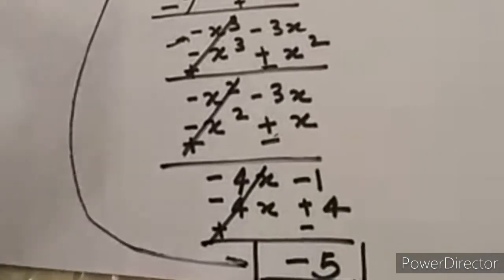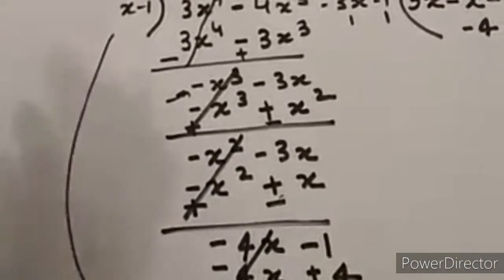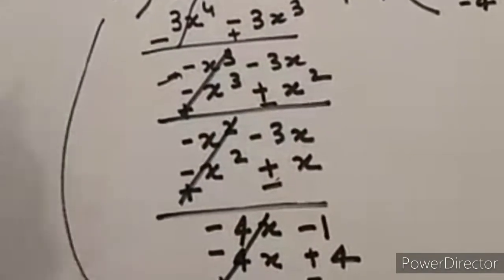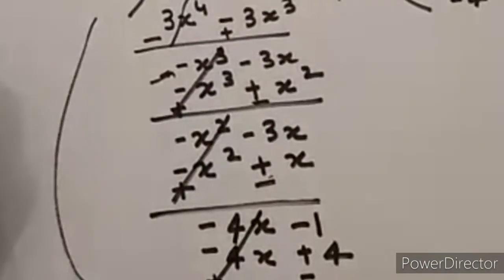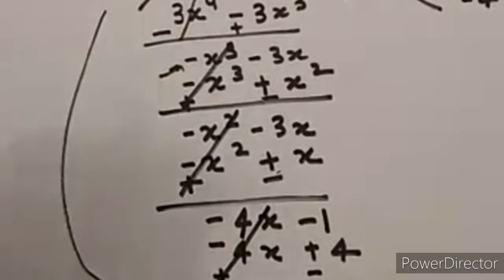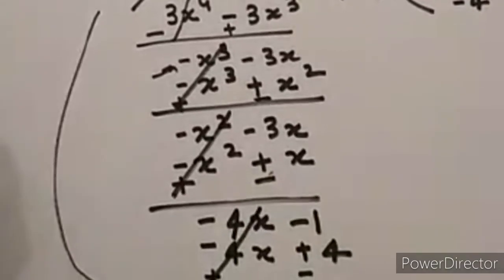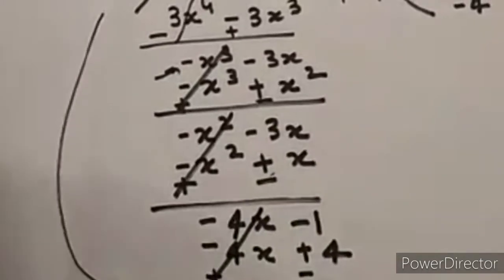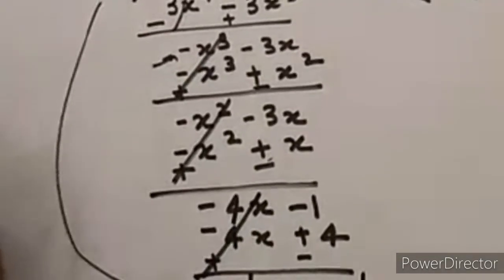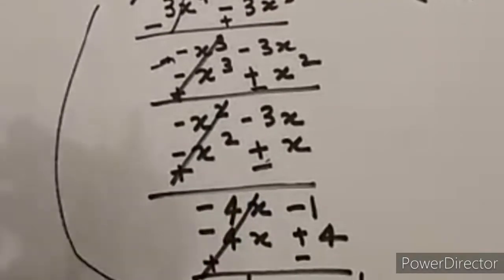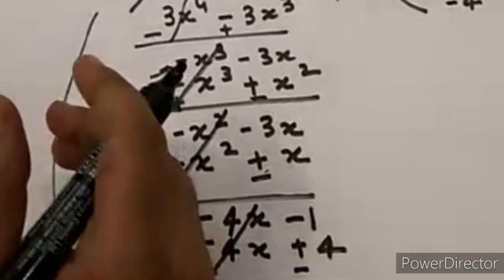Okay, so this is the method which is quite similar to the division of a given number, which we are using for finding the remainder of any function when we divide. Okay, I hope you have an idea of what the functions are, what the polynomials are, what the degree is, what the factorization is, and how to calculate the remainders.